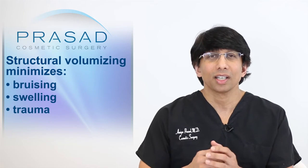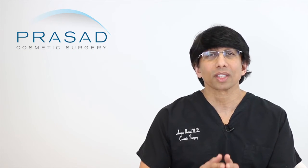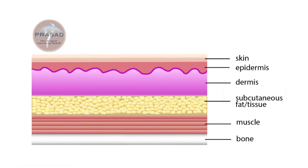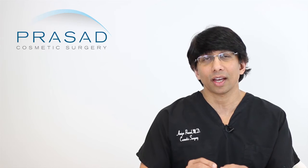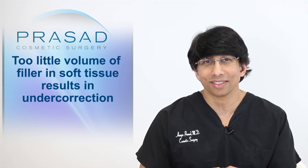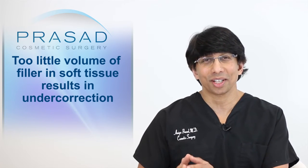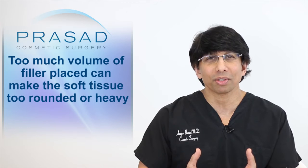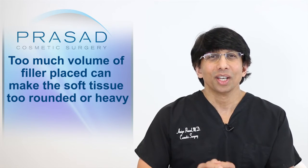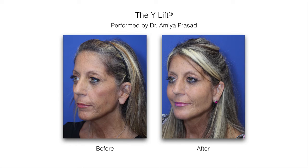and trauma. Generally speaking, many doctors who use injectable fillers place fillers using a needle directly into a soft tissue compartment. Certainly that's the most popular approach, but what I find is often the case is that either too small a volume is used so you don't get the best volume correction, or too much volume is placed and the soft tissue becomes too rounded or too heavy. With structural volumizing, it's being placed on the bone structure, and we're able to really get beautiful cheekbone